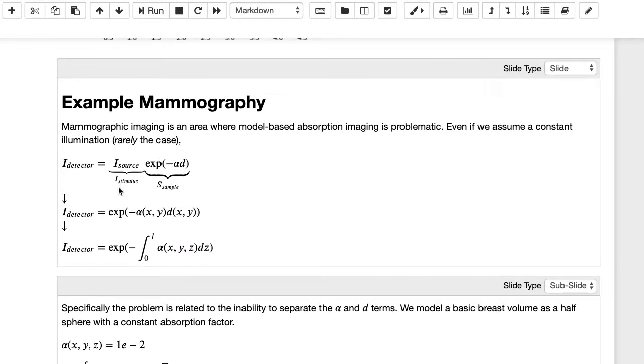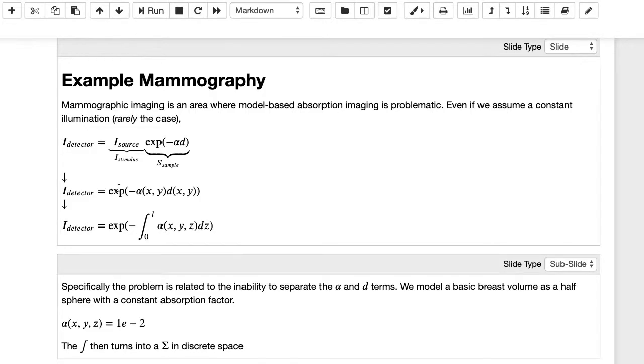And so now to get to a concrete example, if you look at something like mammography, it's an area where model-based absorption imaging is kind of problematic. And so the starting point for this is very much the constant illumination, which is rarely the case, but we'll use that for this model, and that you have this exponential decay. And so what we end up with is this integral from 0 to how thick the sample is, and we're trying to get the attenuation coefficient at each position inside the